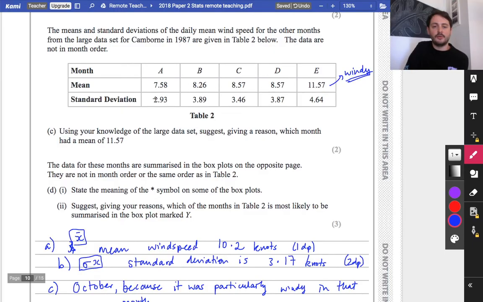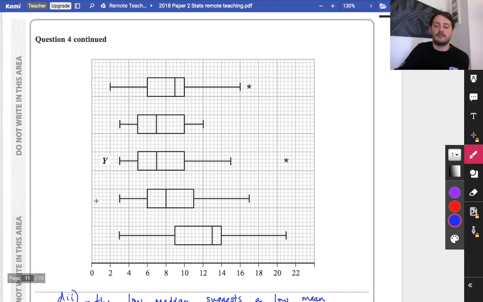But this one's got a small standard deviation, so it could actually be B or C or D. They would accept any of these three answers if you give the reasons. I mean, it's crazy. They make you think there's one answer, but it is just a suggestion. So I'm going to suggest for this one,